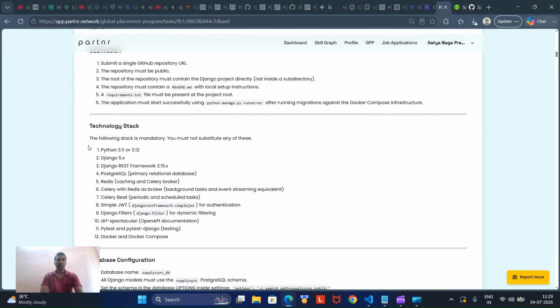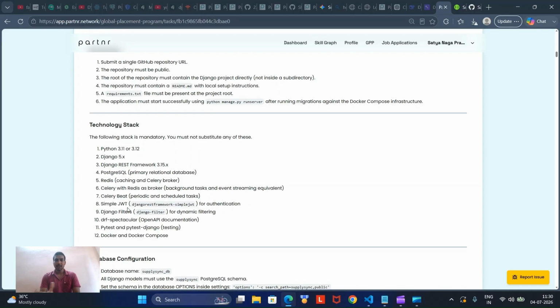So this is our technology stack: Python and Django REST framework, PostgreSQL, Redis, Celery with Redis as broker, and Celery Beat for periodic and scheduled tasks. Then Simple JWT. Do you know about JWT? JSON Web Tokens. It's an authentication module for API applications or any application. 95% of web applications or apps use this kind of JWT authentication in production. I will also explain the core concepts behind Simple JWT, how it uses access tokens and refresh tokens,